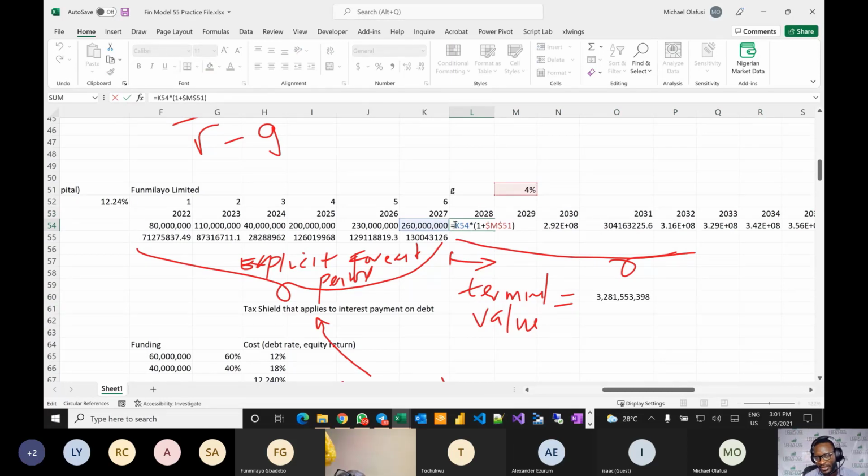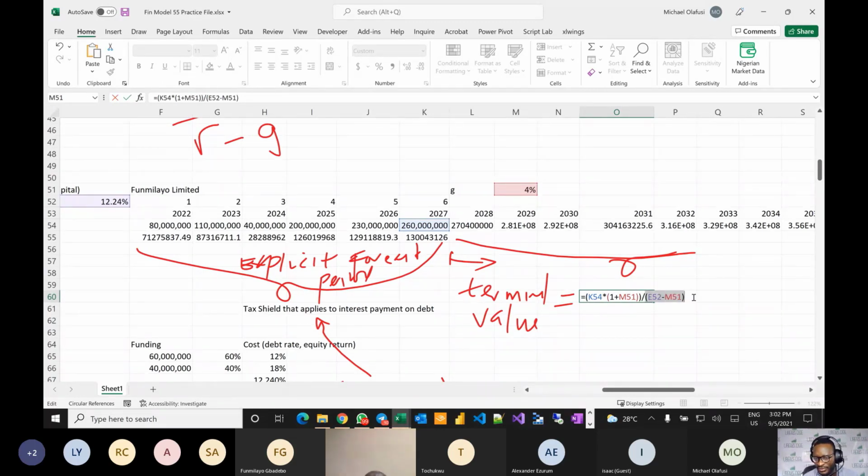So what will I do? I can just take this formula that we have here and redo it here manually and say, you know what? Instead of me doing it one by one, this next year's value is going to be equal to this one times into bracket 1 plus this growth rate that we're talking about. Then all of that is what is going to get divided by this.